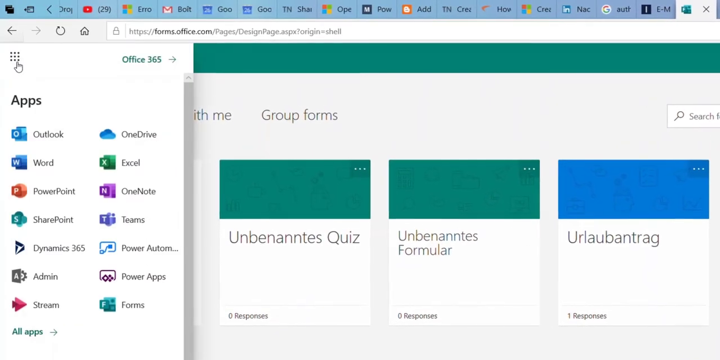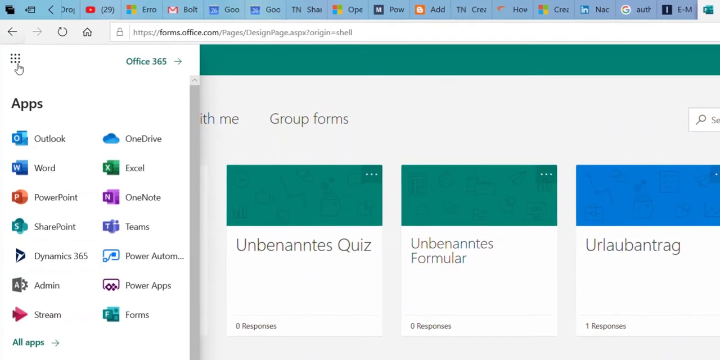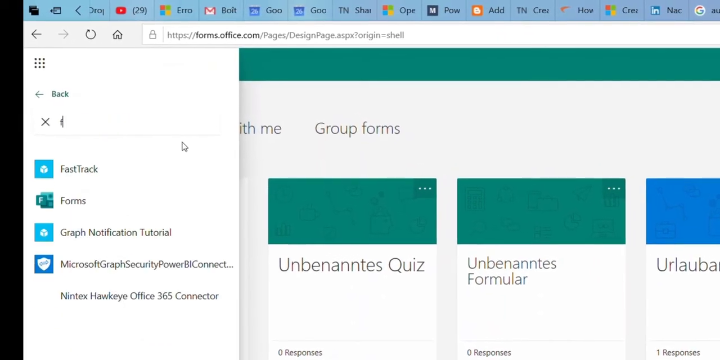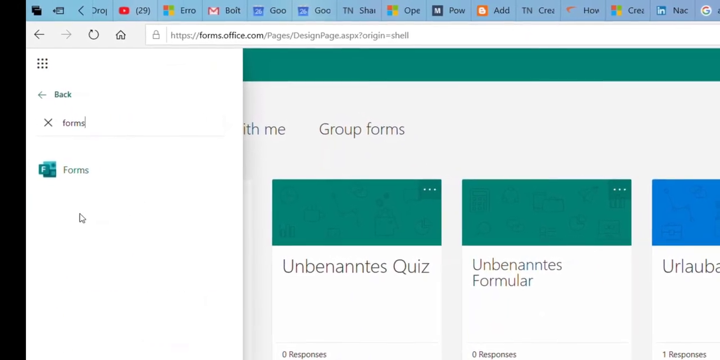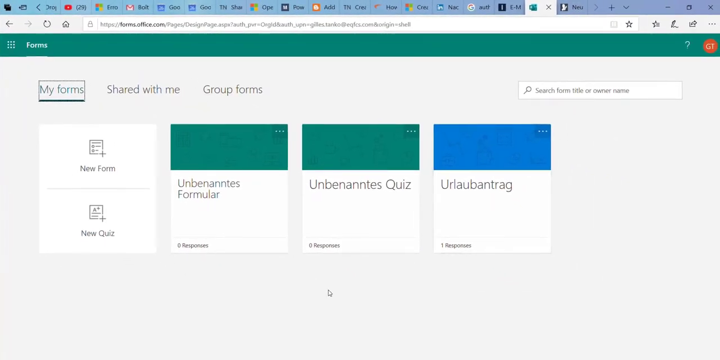Microsoft Forms. When we have an Office 365 license, on our ribbon here we can go to all apps, enter Forms, and then select Microsoft Forms. When we open Microsoft Forms, in my case it's still empty, and I can create a